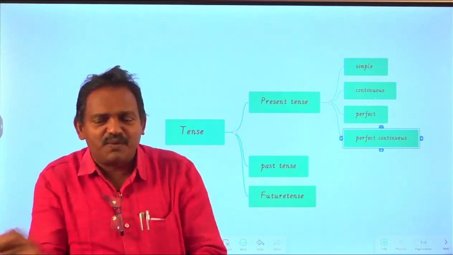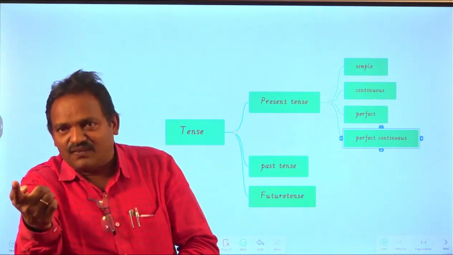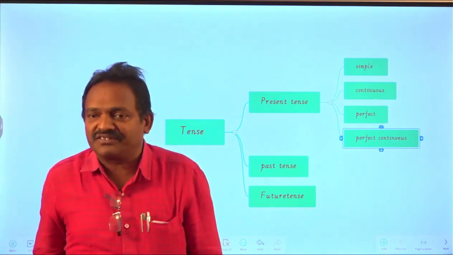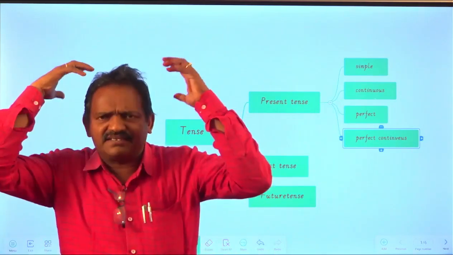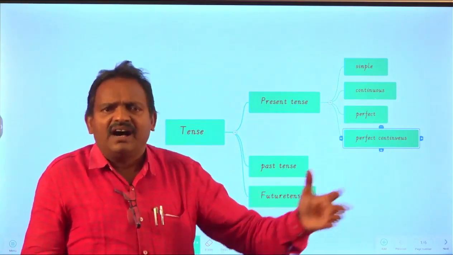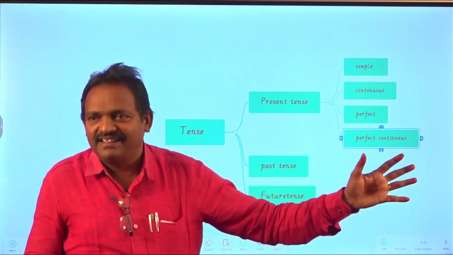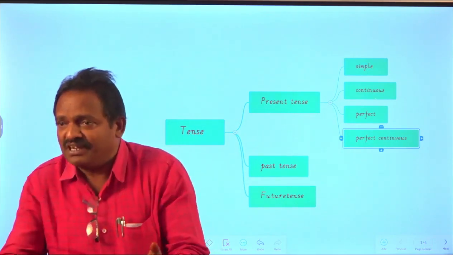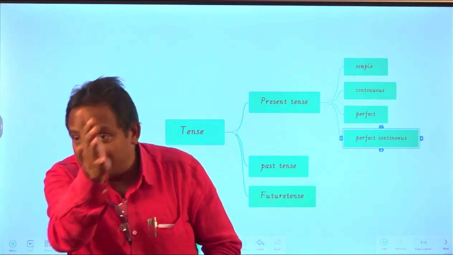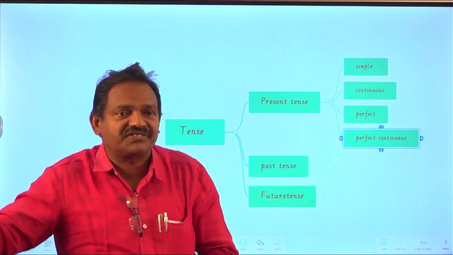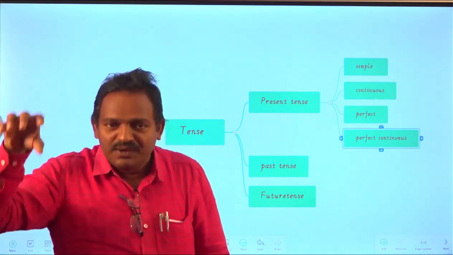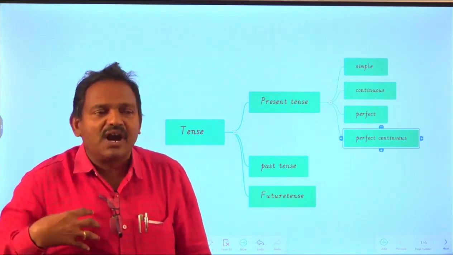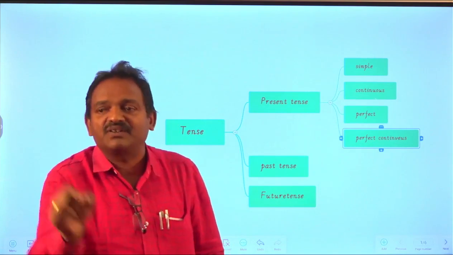What is the difference between them? At the time you observe it, it is raining; then you say, it is raining, in the present continuous tense. But if the rain has been falling heavily for the last 1 hour or the last 1 day, and it is not in a position to stop just now, it seems to continue for 1 or 2 hours. In that situation, for such kinds of activities, we have to express it in present perfect continuous tense.